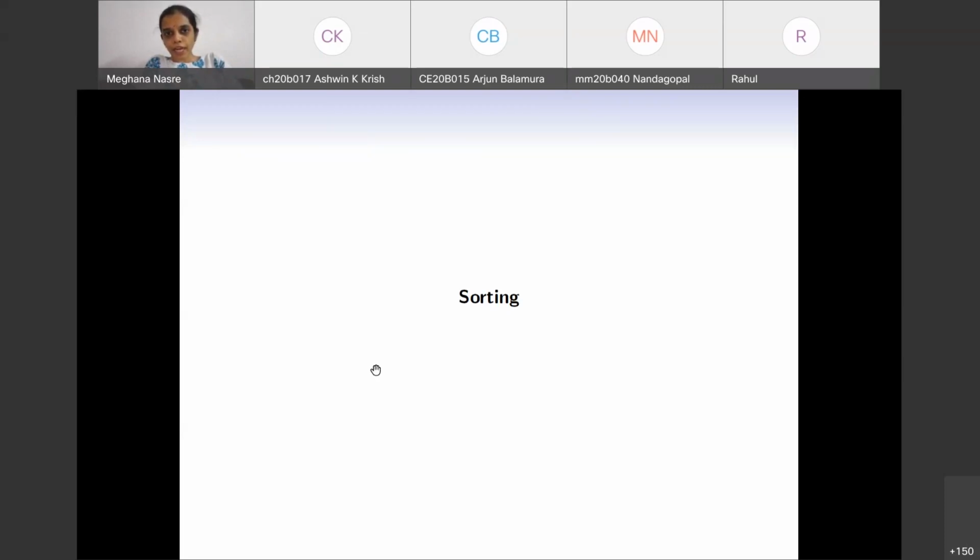Okay, so I'll pick out people. Rajiv Ranjan, would you want to tell us what you sort manually? What is a physical task that you have done for sorting, and what have you sorted? What is your method? If we have done past projects, we can sort them by time and date in the folder. Okay. Do you do it manually? Yes, ma'am, to arrange in a sorted way so that I can find it easily in time.